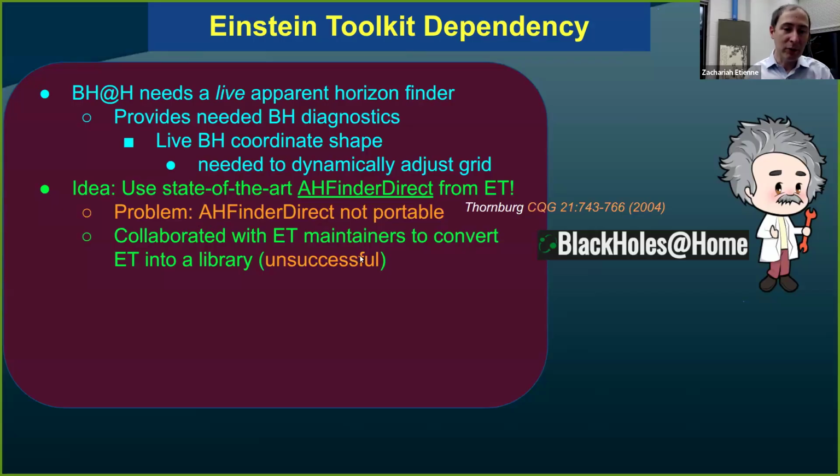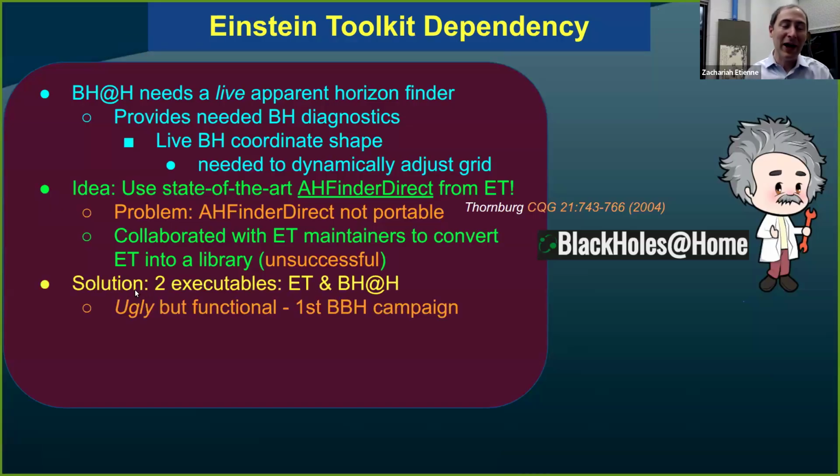I did collaborate with Roland Haas to convert the Einstein Toolkit into something like a library whereby we would just call the Einstein Toolkit from Black Holes at Home. Still, there's the issue of compilability, which is not really supported on Windows, but ultimately that wasn't successful. So basically I had to ship out two executables, the Einstein Toolkit and Black Holes at Home. And Black Holes at Home would perform the binary black hole simulation,